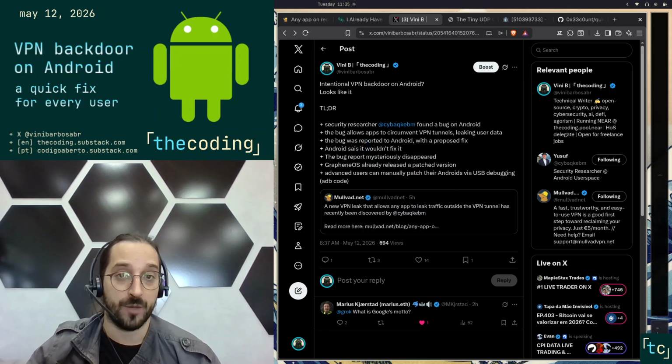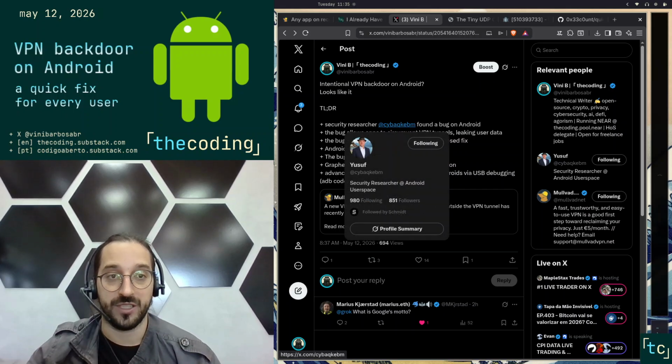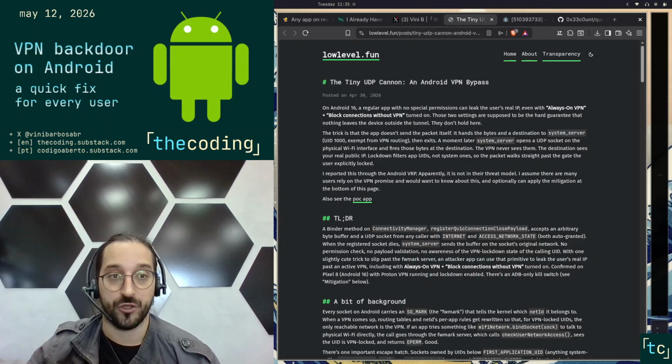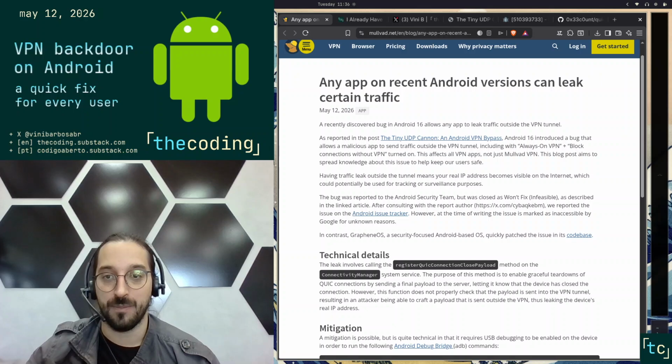But it wasn't discovered by Mullvad. It was discovered by Yusuf, this security researcher here that is an expert on Android. He was the one to find the bug, to issue the proof of concept, and to report the vulnerability to Android. And here is when things start getting a bit weird, because he made all the reports as he should do, but as Mullvad reported here, the Android security team closed the report,